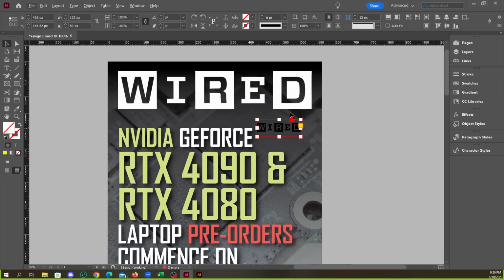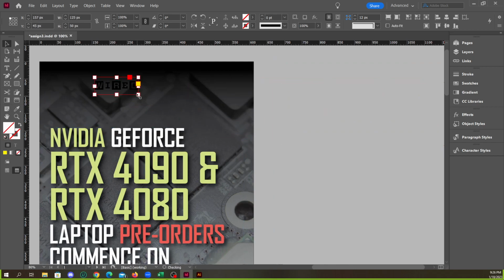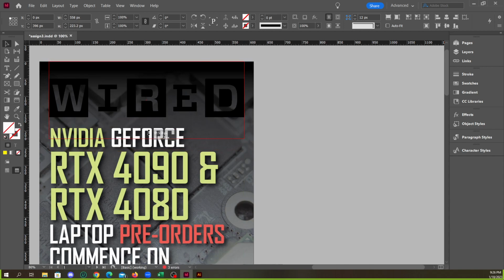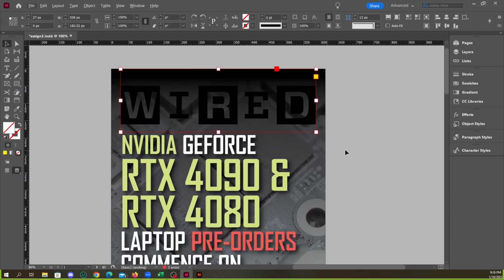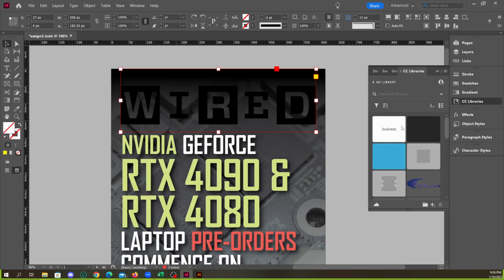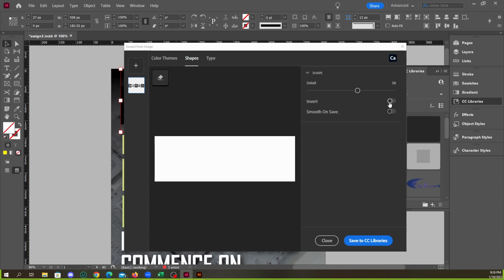And I'm just trying to figure out how to reverse colors on something in InDesign without having to use Illustrator or something else. So say we have this. Want it to be white instead of black. Without using Illustrator, we could go Object, and where was it? Extract from image shapes. That brings up this extract from image box. We can invert it like this and then save to CC libraries. Close this, and